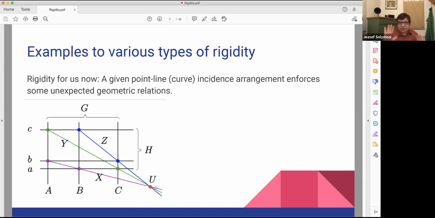And then you can ask again various things. What is rigidity? Well, you can talk about the rigidity of the whole system. We will do that probably at the end of the sequence of lectures, but you can ask all kinds of problems similar to Pappus, like here. You see, this is a very, very simple statement. You have a 3x3 Cartesian product, and if you connect those pairs of points, then the third points on those lines will be concurrent. This is also something relatively easy to prove, but those are just examples.